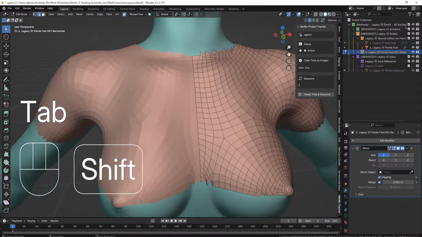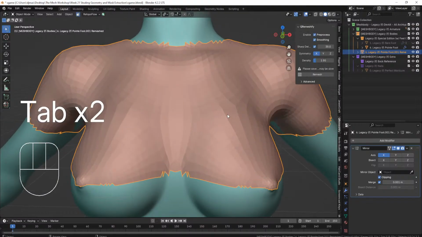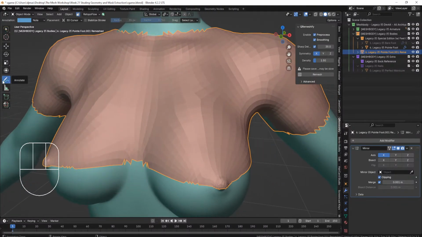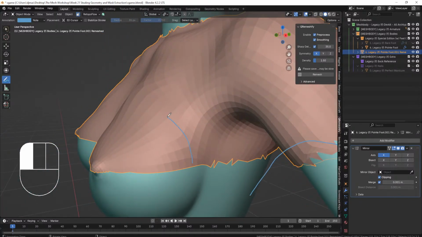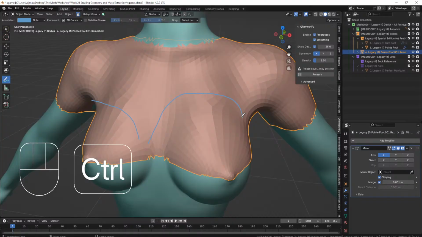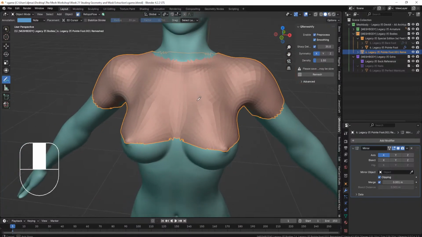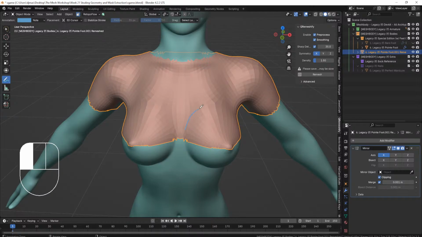And this one already has kind of decent edge flow, right? The better this edge flow is around the boobs, the easier time you'll have with weight painting it, because it's guiding the edge flow and the deformation in all the right ways, okay? And that's something you learn more with experience. But if you're ever curious how to get good edge flow on the body, or what good edge flow looks like on the body, you can always Google topology example for a t-shirt or topology female anatomy example or something like that,